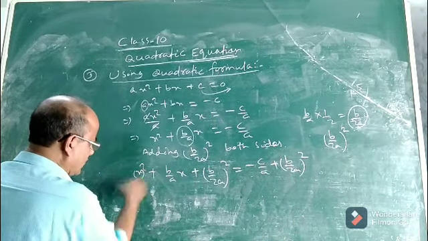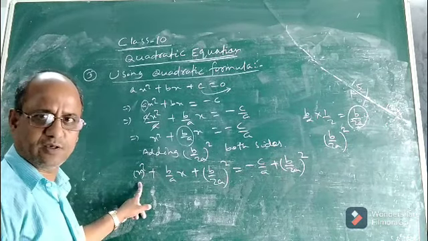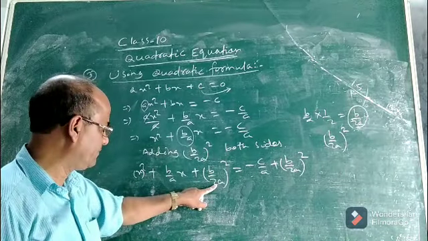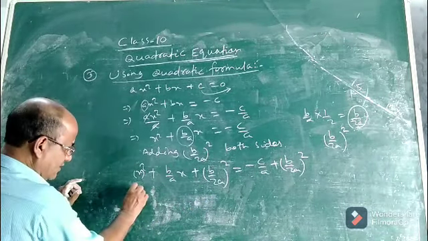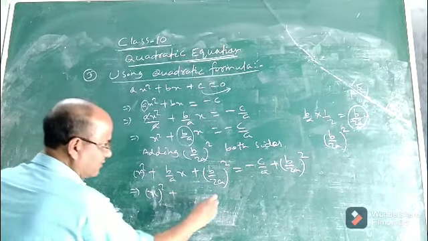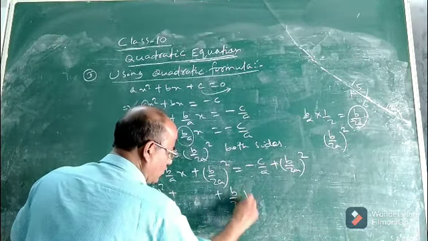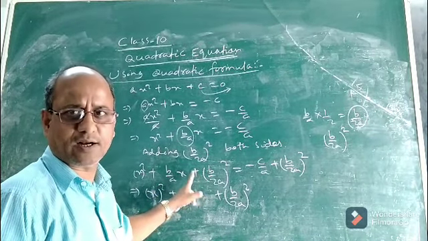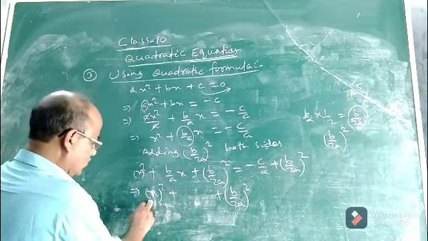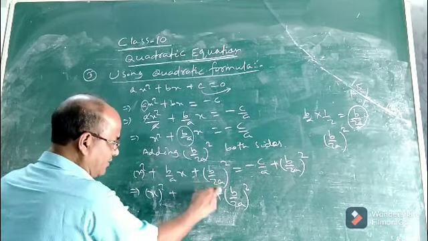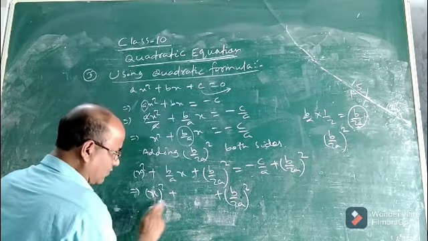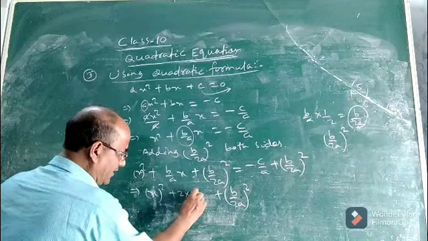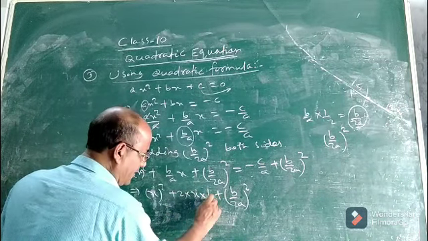Now this x square can be written as x whole square. Take this x as a, take this one as b. So this is x square plus b by 2a whole square. Our aim is to bring it in the form of a plus b whole square or a minus b whole square, so that it will become a perfect square. So take x square as a square, take b by 2a as b, it is b square. So a square plus b square plus, here it is plus sign, so plus 2 into a, in place of a take x, in place of b take b by 2a.